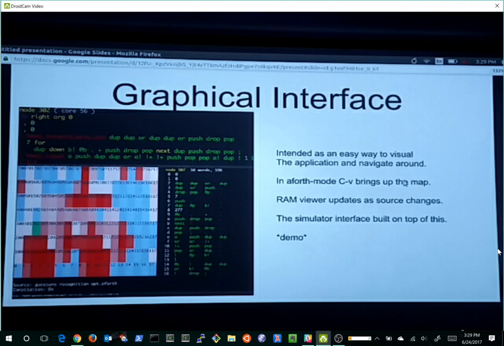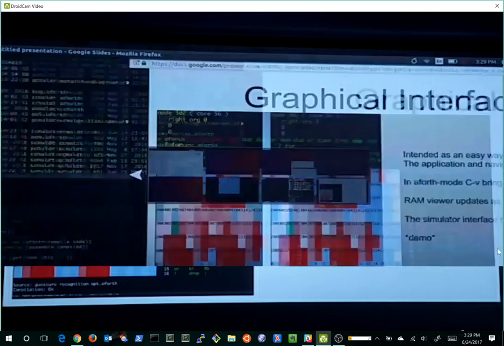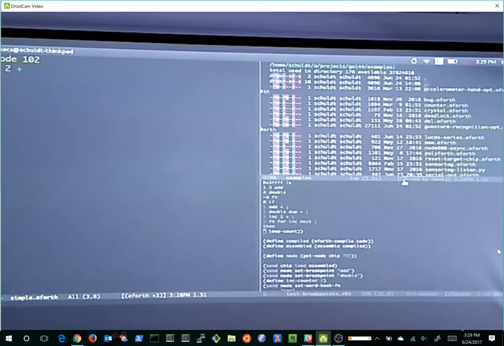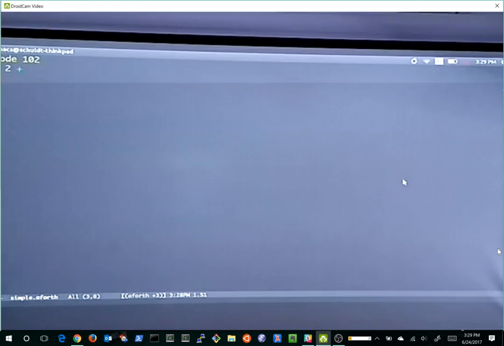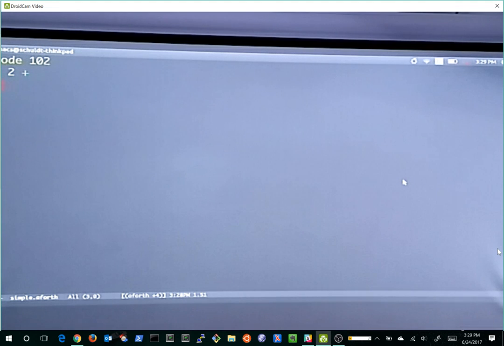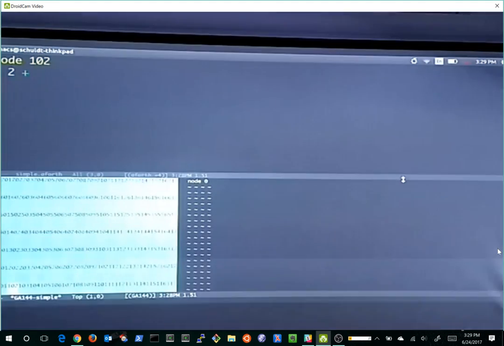Oh yeah, I was going to demo this. So this is our program. We're going to add two numbers. Control V brings up the demo. I'm having, the display is much lower resolution, so